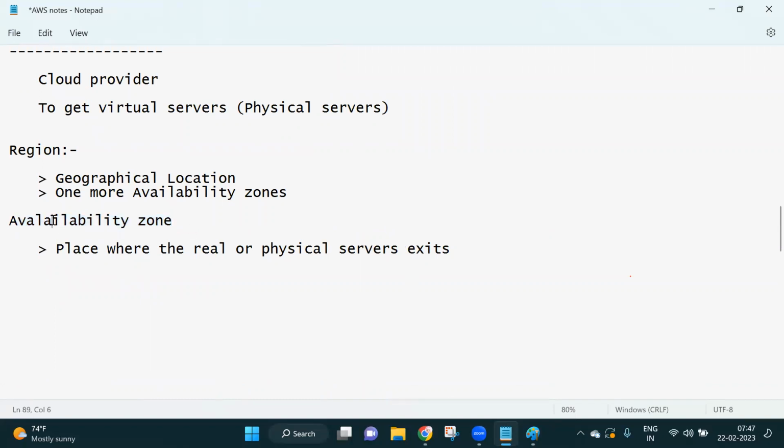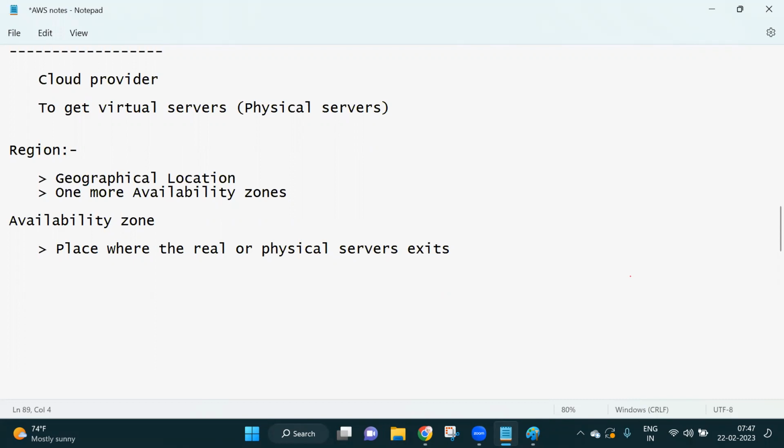For security reasons, AWS is not revealing where the availability zones exist. Maybe only the internal employees in that particular physical location know. Apart from those people, no one knows. It is not available even on the internet.